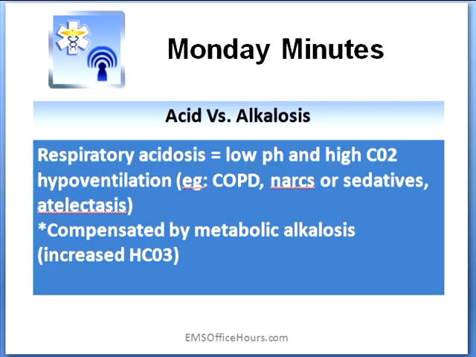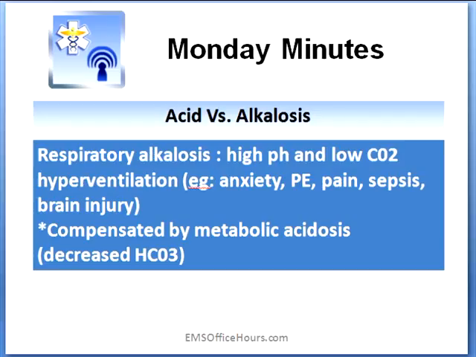When you see the two different things going on, the patient normally will be opposite. That should at least give you a little bit of a head start when you're looking at the question and you think of what's happening. If you see a patient that is respiratory acidosis, they're going to be the opposite. They'll be metabolic alkalosis. And you're going to see that in the next slide too when we talk about